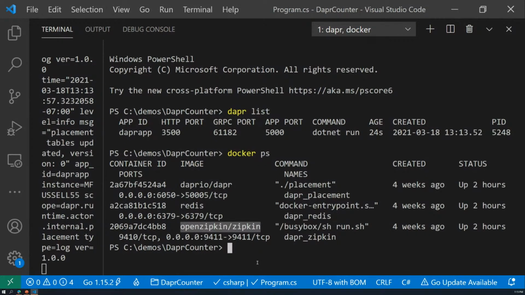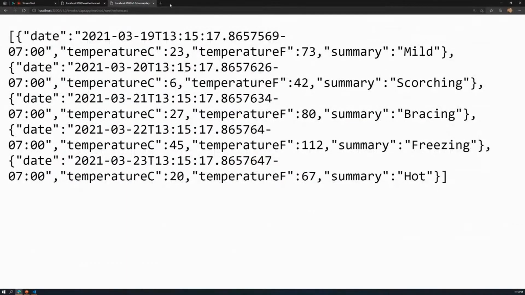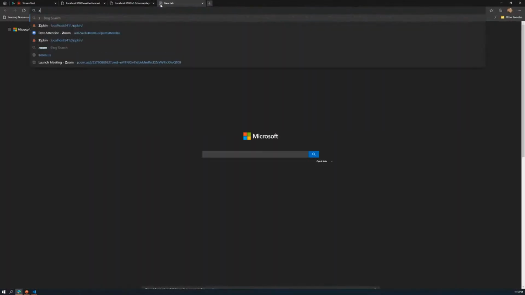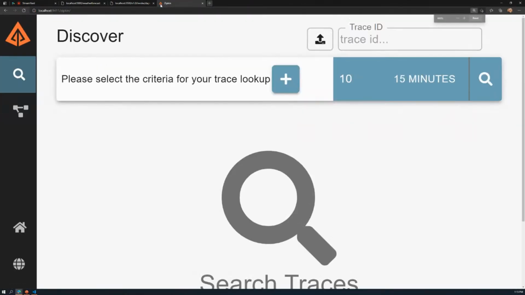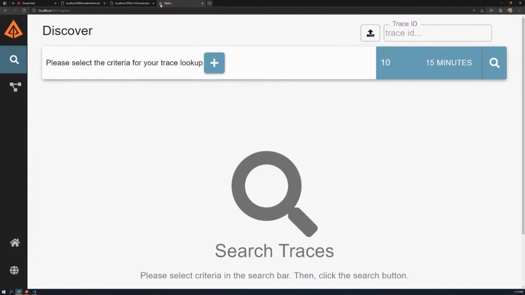Now, what I can do here is take this application and go and look at those diagnostics. So let me just open up Zipkin on the local port here. And so here I have now done a launch Zipkin. Because Dapr logs all the calls for me on my behalf, not only within my application, but through the whole application map. So if one service calls another service, I can see that whole call graph.